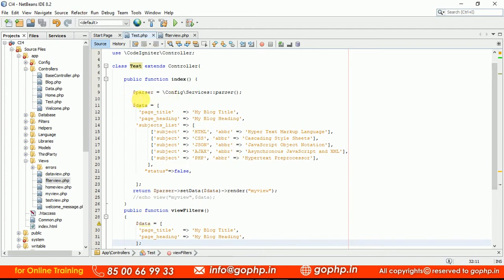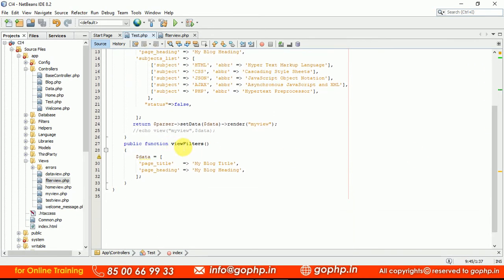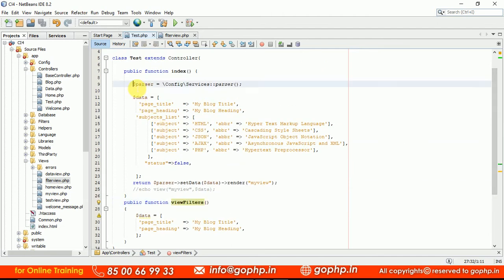If you want to work with the render method, first of all, this instance should be created. One thing: whatever instance I created in the index method, can I access it in this view_filters method? Is it possible? No. Remember, this is a local variable to the index method, so we cannot access it in the view_filters method. How can we access that parser object in our view_filters also?